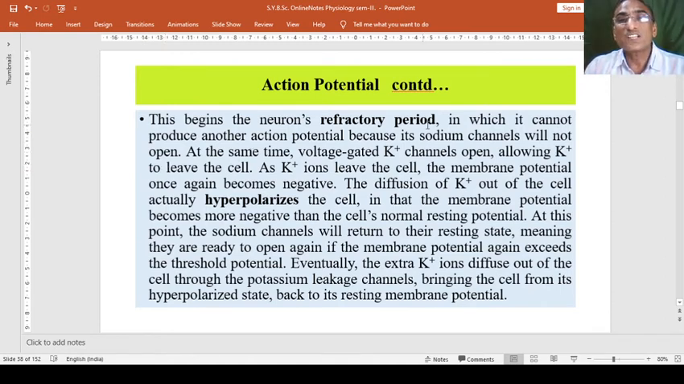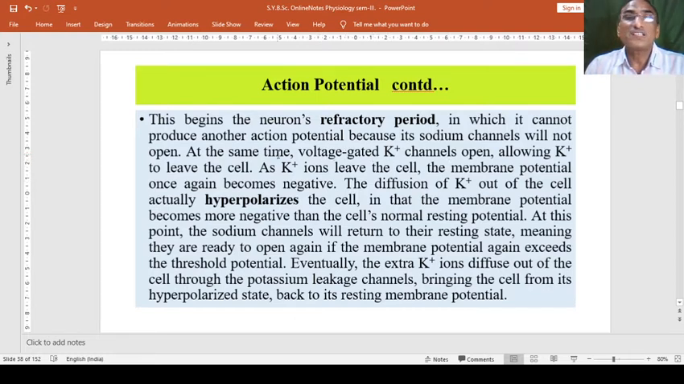The neuron's refractory period is a special period in the neuronal activity, through the action potential mechanism and reset mechanism, in which it cannot produce another action potential. As soon as one is completed, it stops there because its sodium channel will not open again. Once it is completed, the sodium channel closes, and at the same time the voltage-gated channel for potassium ions opens,